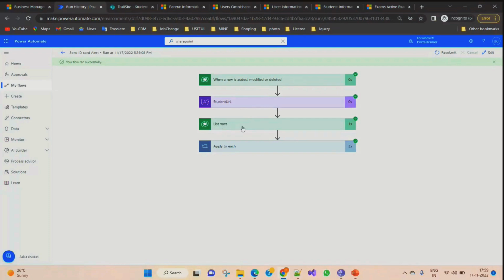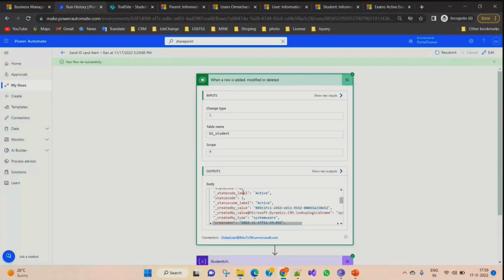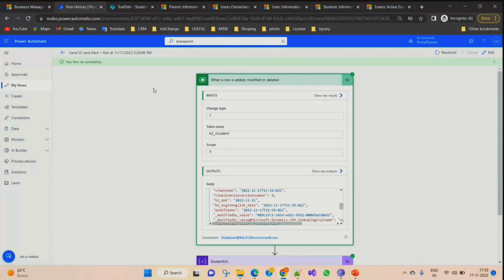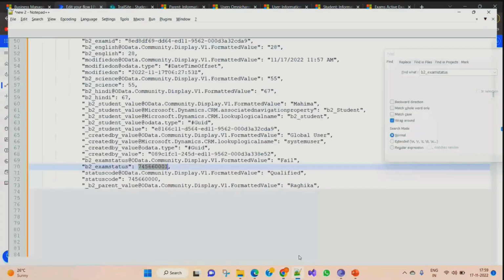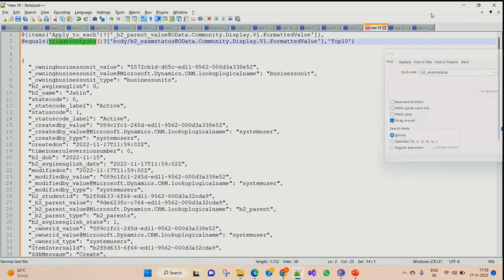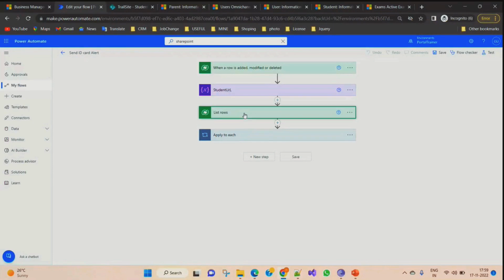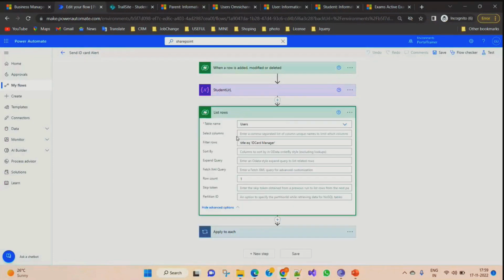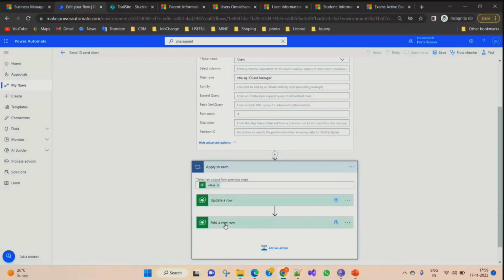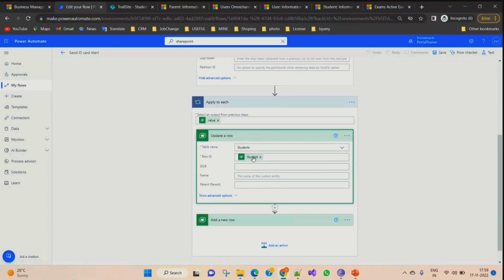Okay. This is only one way we can get this, or is there any tool where we can generate this query type? We will get it here only, right? You're asking how this trigger will come, before creating the flow, where we want to add this condition, right? You can see here, updated one row, and here it was student. If you copy this,